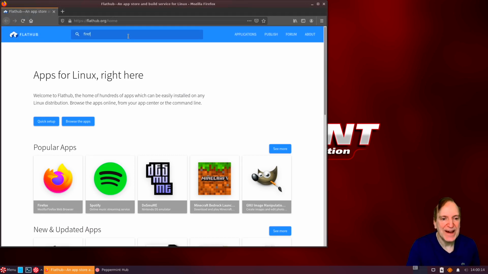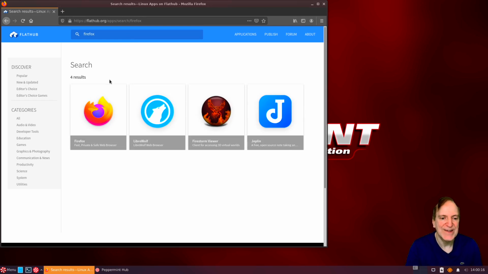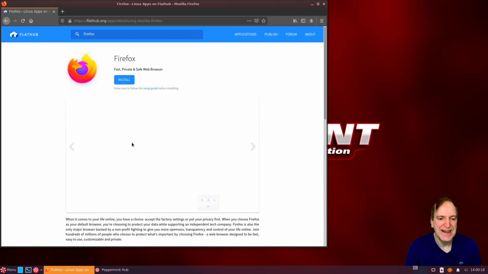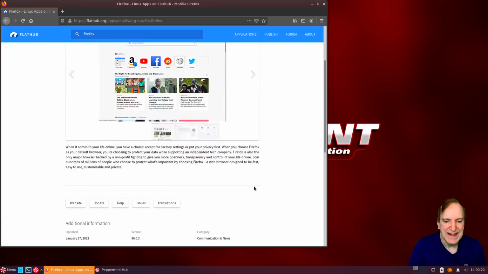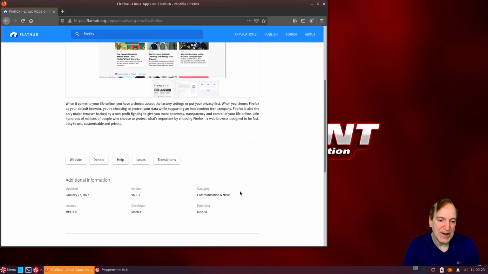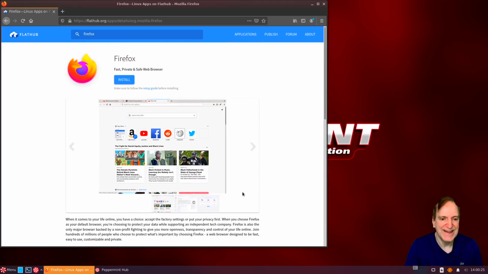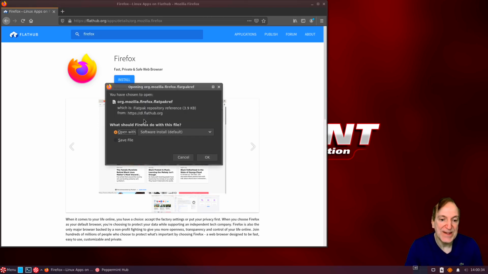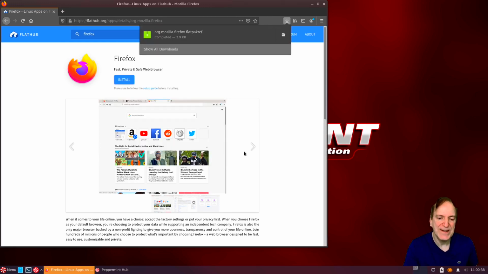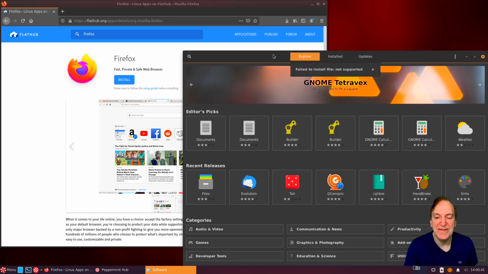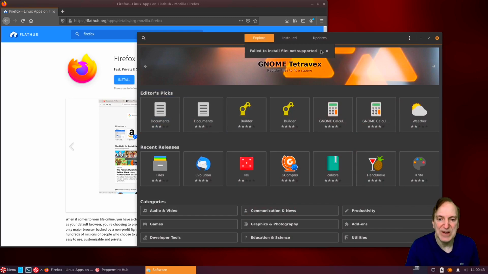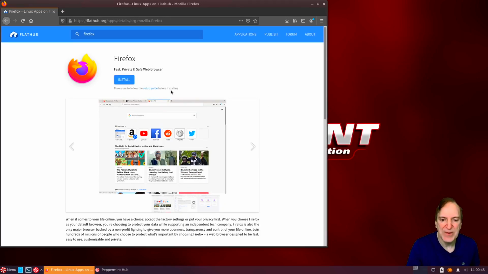Okay, so out here at Flathub, I'm going to put in Firefox, and it should show us the newest version. If I click on that, yeah, it's 96.0.3. Nice. So here we got the install button, and then we got the link to the setup guide. If I hit install, it's going to ask me to download the Flatpak reference, and there's software install. So let's try that first and see if it's embedded in GNOME Software, which I don't think it is. So